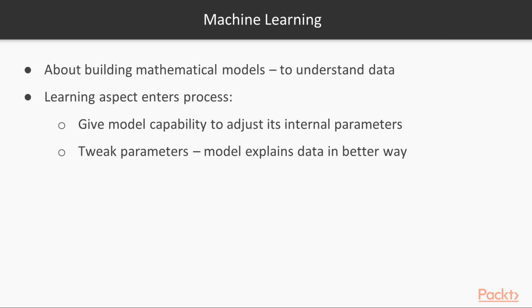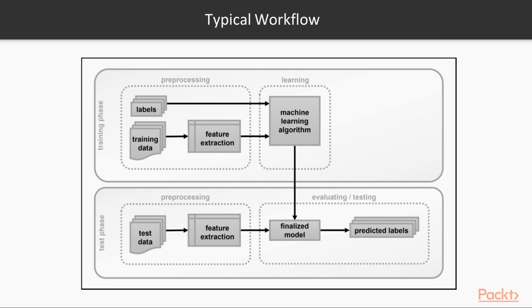Machine learning is all about building mathematical models in order to understand data. The learning aspect enters this process when we give a machine learning model the capability to adjust its internal parameters. We can tweak these parameters so that the model explains the data better. This is a typical workflow to tackle machine learning problems. For a detailed understanding of the process, you can refer to the PDF attached with